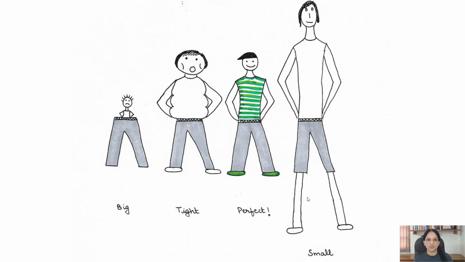Imagine you walk into a store to buy trousers and see that all the trousers are of the same size. So depending on your size, they might be big, tight, or small for you. But if you are lucky enough, they might fit perfectly. But what if they don't fit perfectly? You alter them. And this is what we developers have been doing with the classes that we are used to